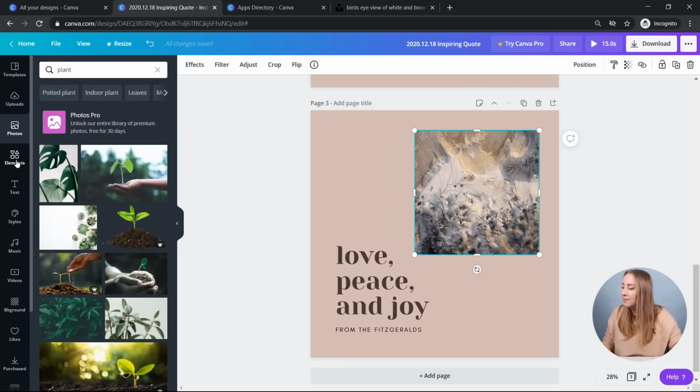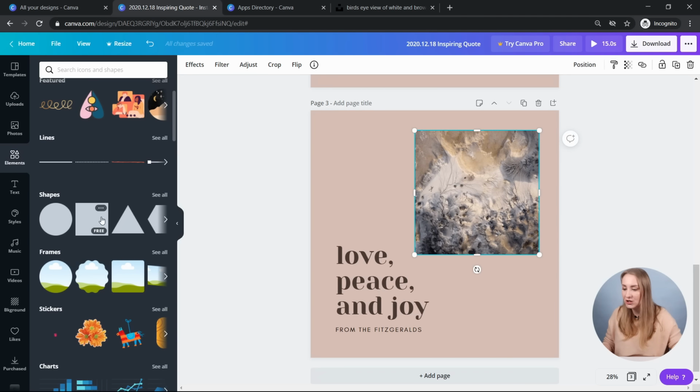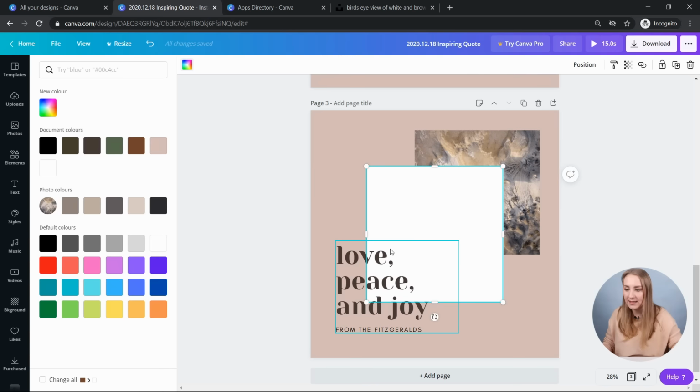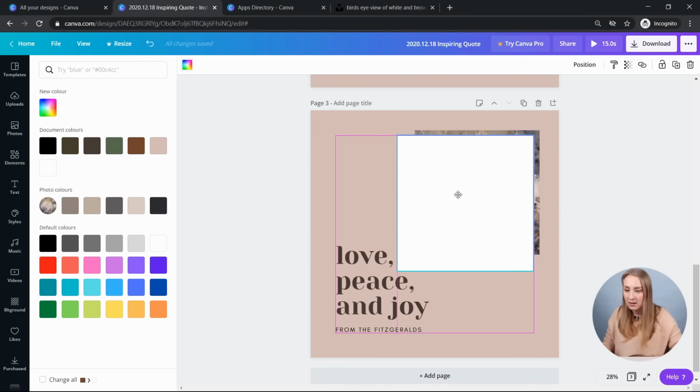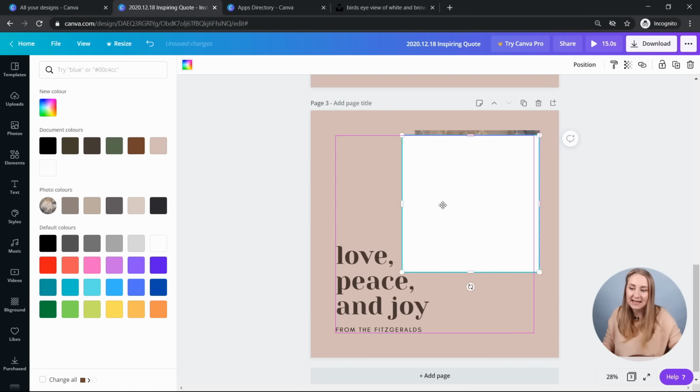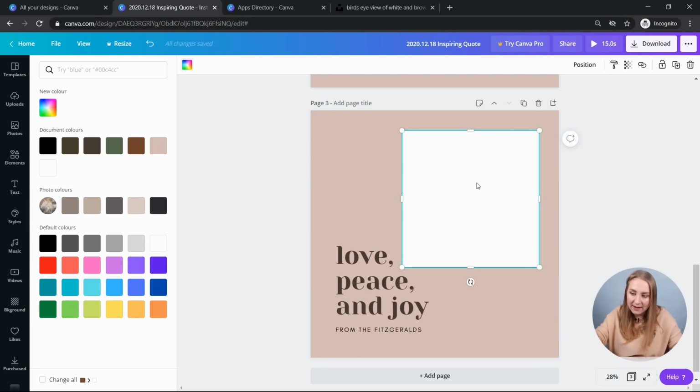So let's play around with another shape, let's say. Maybe I want it white. I had some white elements on the previous one. Let's make it the same size. See, so I dragged it to the side of that photo, right? You see that it snaps in, and you can see the little dashed lines, which means that it's aligned with that element below it. If I drag it here, again, it snaps in place, and you can see the dashed line, so that means that it's the exact same shape.